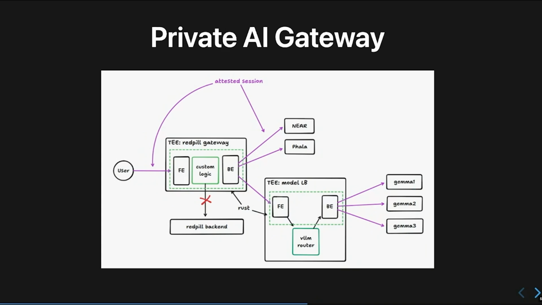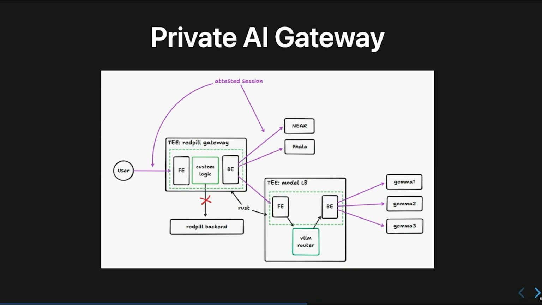The user wants to talk with the load balancer or the gateway, but the user also wants to verify the entire system. So we get all the proofs from the upstream, combine them together, and then we can also get the proof for the gateway itself. This is also running in the TEE. Combine them and then serve them to the user.